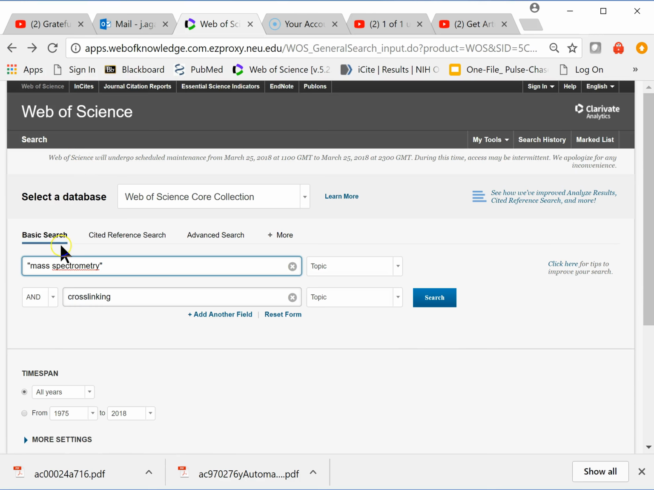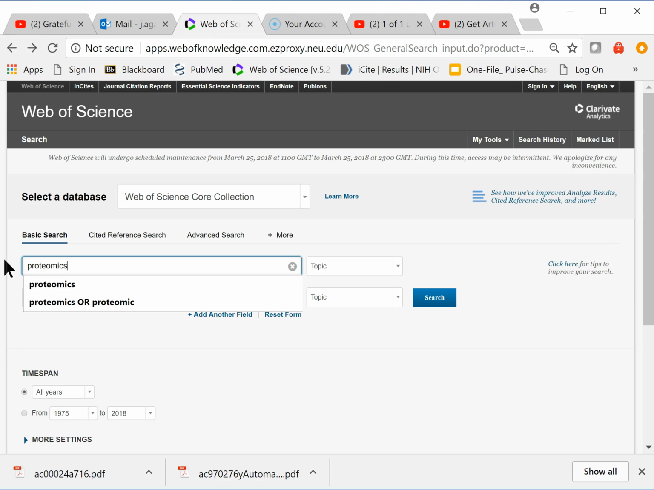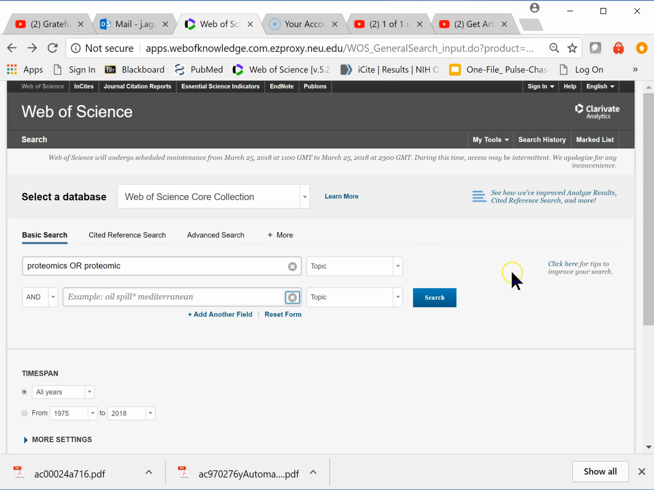What about your good and bad articles, which is something you need to do for class? Well, let's change this, and let's say, for example, we're interested in proteomics. But we have to be explicit and think like a computer, whereas Google would interpret proteomics to be proteomics or proteomic. We need to do that ourselves. In other words, search both proteomics or proteomic, and look for anything that has those. Now, if we look for that and get rid of this other field, so we're just searching the most influential proteomics papers,